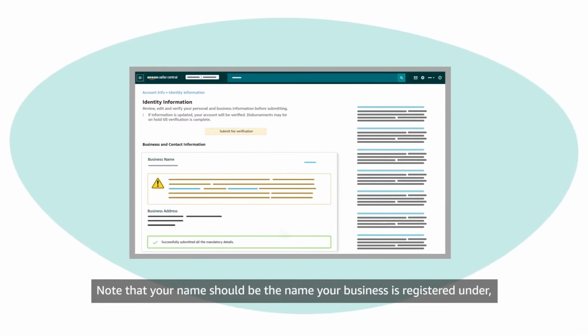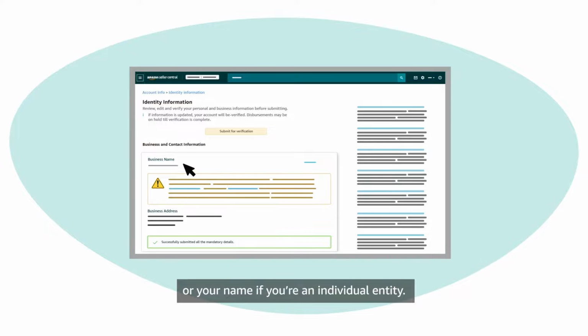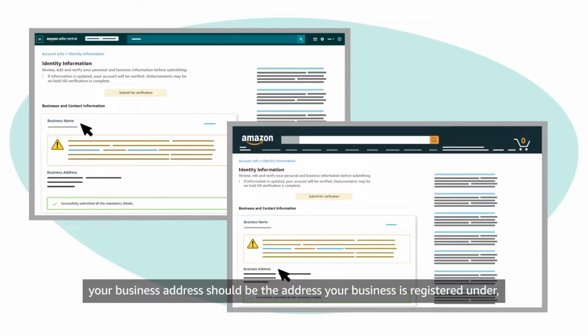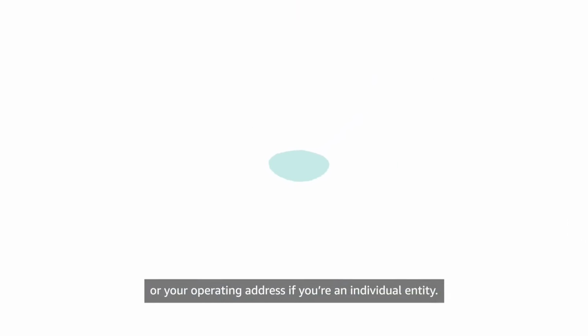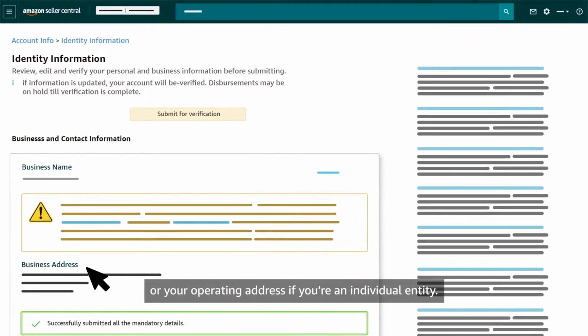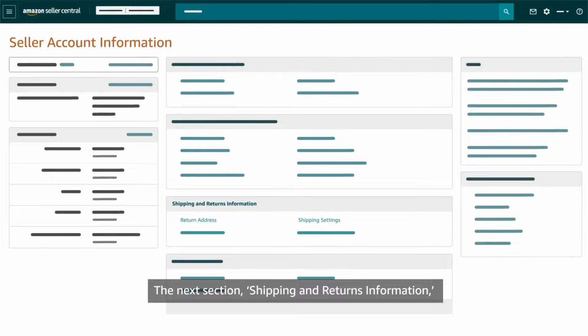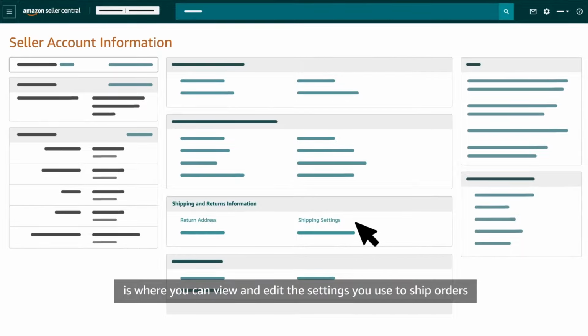Note that your name should be the name your business is registered under, or your name if you're an individual entity. Similarly, your business address should be the address your business is registered under, or your operating address if you're an individual entity. The next section, Shipping and Returns Information, is where you can view and edit the settings you